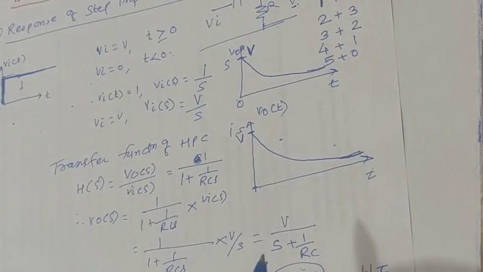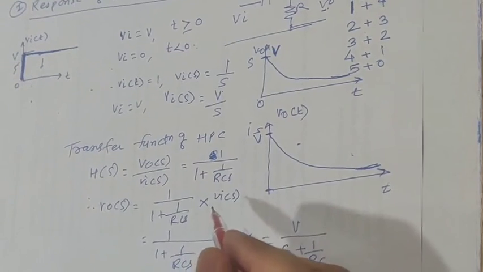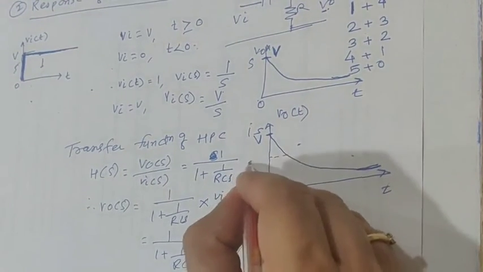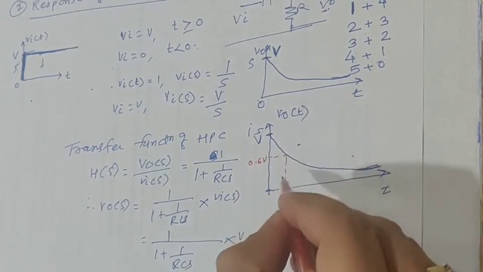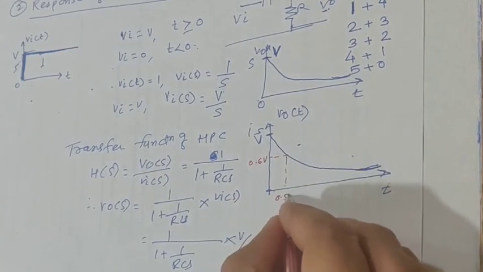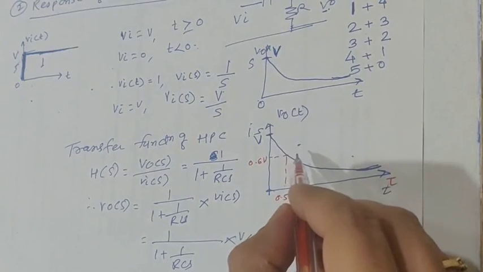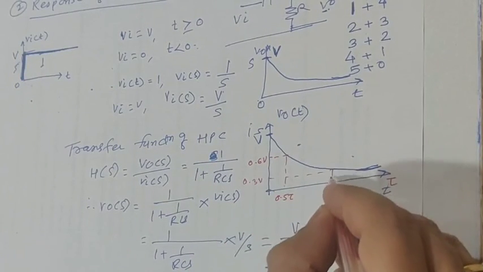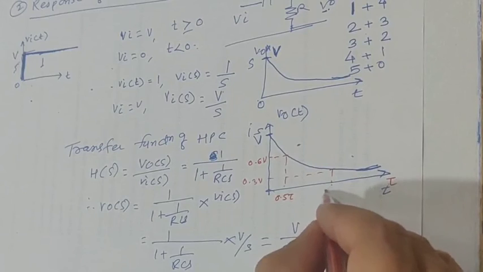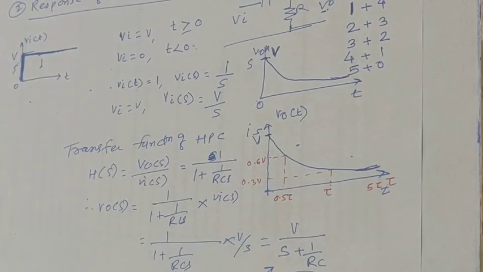Why it will not become 0, I will tell you. For that purpose I will be marking certain points on this graph. Remember, let me mark 0.6 times the maximum V, so it will fall at 0.5 tau. So it is tau versus output voltage. Then I will write 0.3 times V. It will come out when it is equal to tau, and at, let us say, 5 tau you will be getting the saturation value.